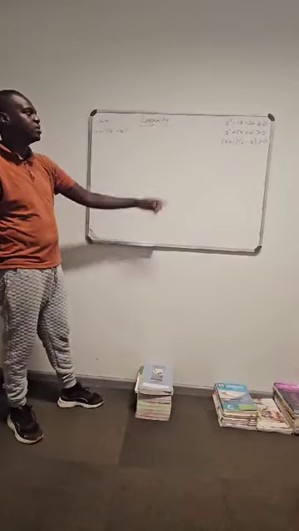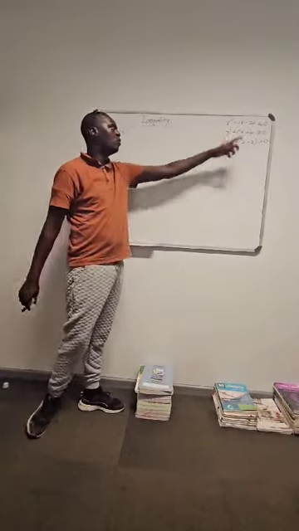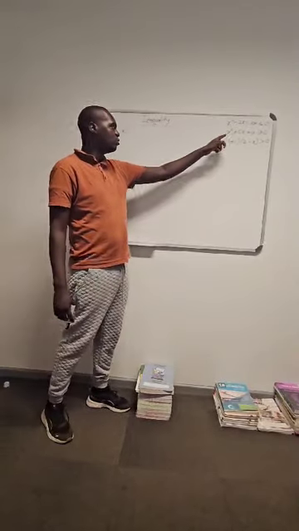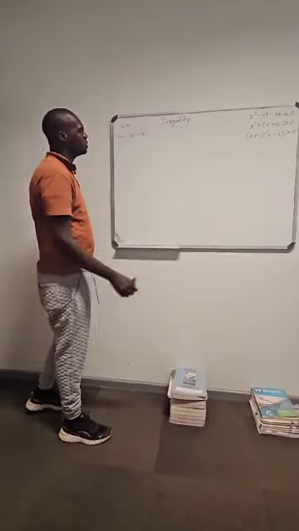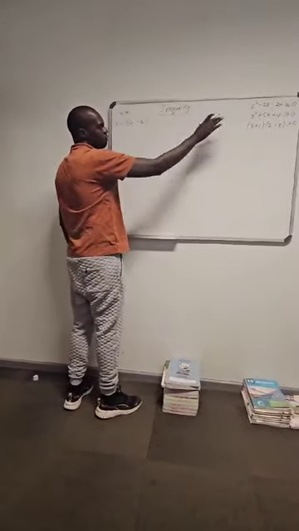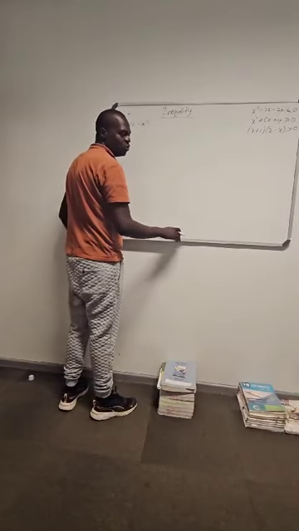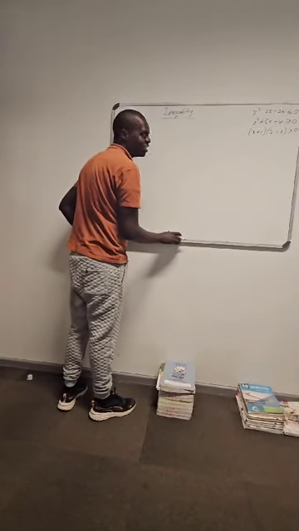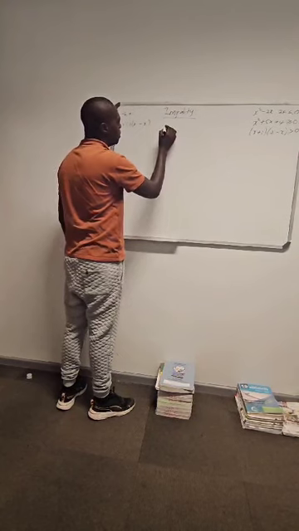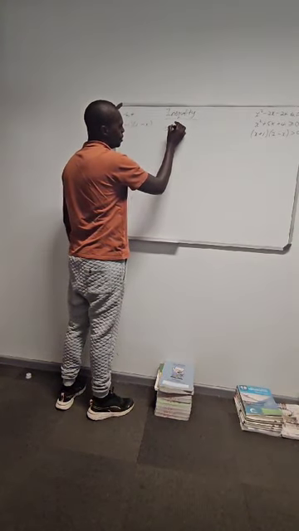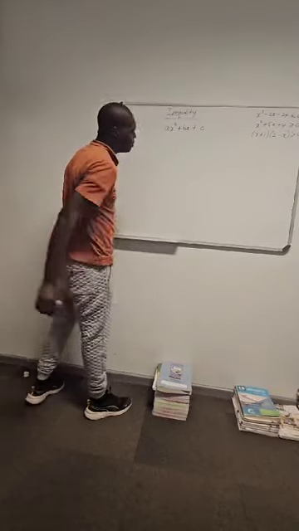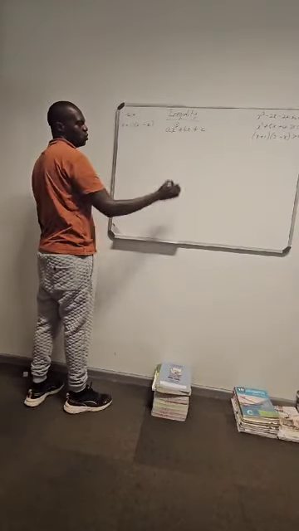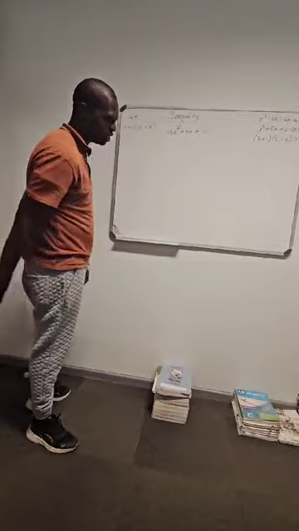For grade 10, sometimes it doesn't have that x to the power of 2. But grade 11, I'm sure there is a 2, and grade 12, there is a 2. The meaning of that 2 is that there are 2 answers. This is a quadratic. If you don't know what a quadratic is, you must find another time to take a class about it. But a quadratic is something that behaves like this: ax squared plus bx plus c. Now we say that when you see 2, it means that we have 2 answers.